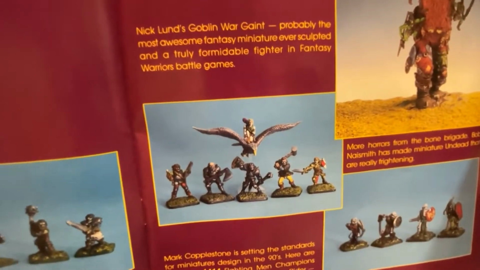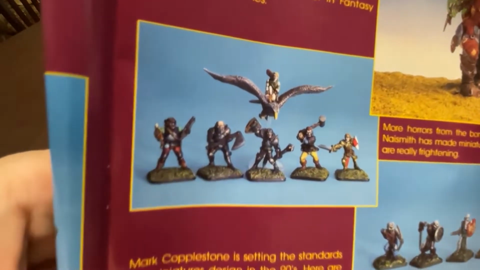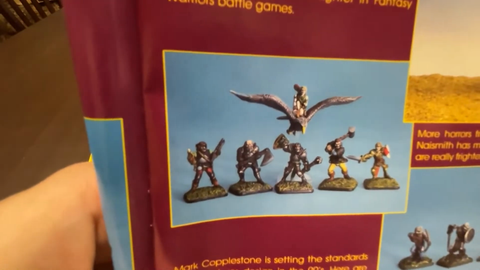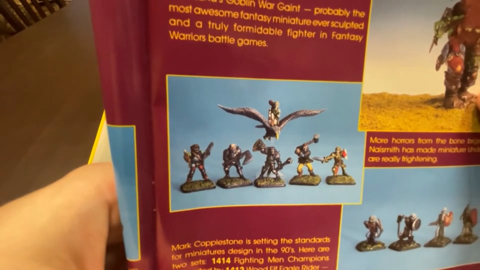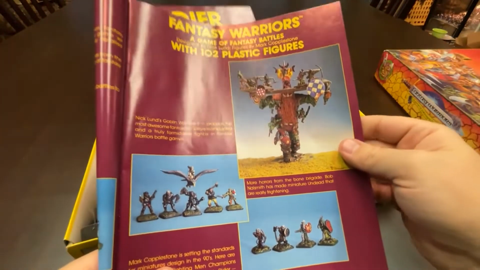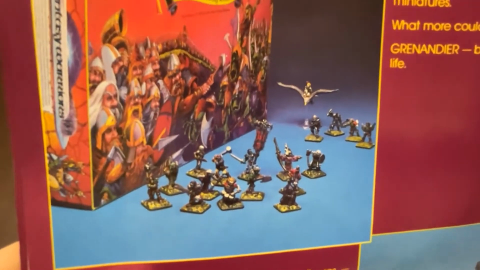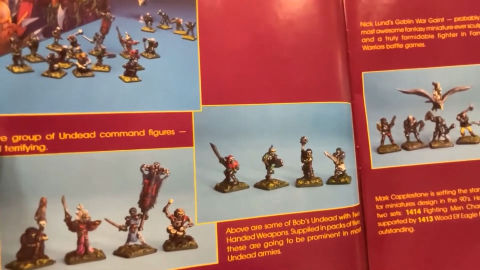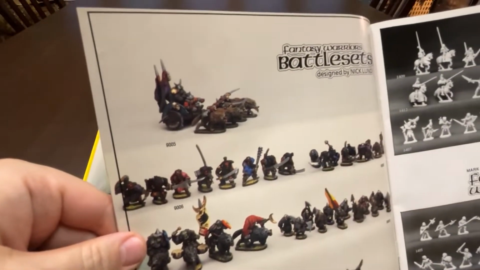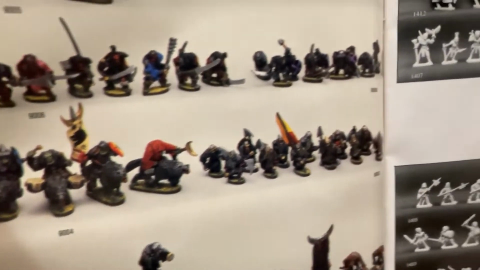I mean, here's the thing. These figures do not hold up to modern figure sculpting standards by any means. No one's going to sit here and say that these are somehow lost gems as compared to the intricate designs that we see nowadays. But for myself, I find them very charming. I think part of it is the fact that they were hand sculpted. They have character. The Nick Lund orc line is still my favorite orc line of any fantasy